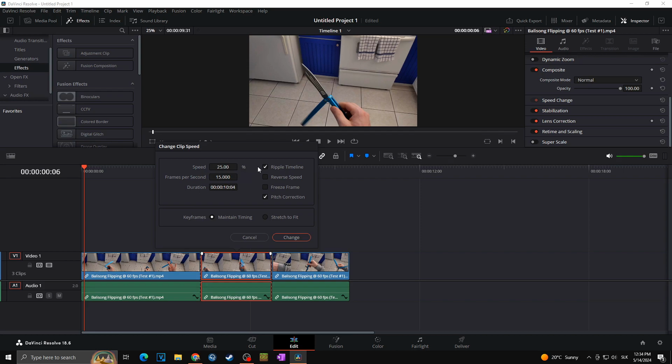On the right side, you can also choose whether you want to ripple the timeline. That means that in case you change the speed of the original clip, whether the rest of the clips will adjust or will simply stay in the same place. In my case, I of course want to ripple the timeline, as this clip will be much longer after slowing down to 25%. You can also choose whether you want to reverse speed, that means that the clip will be reversed, or whether you want to freeze frame. As I don't want to reverse or freeze the frame, I will simply keep it as it is